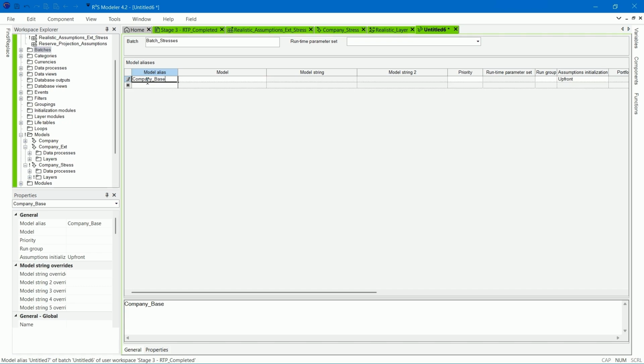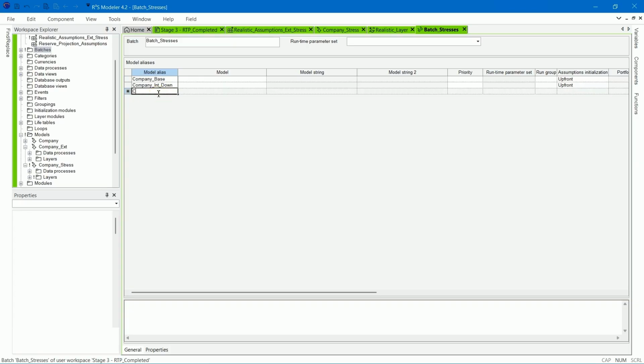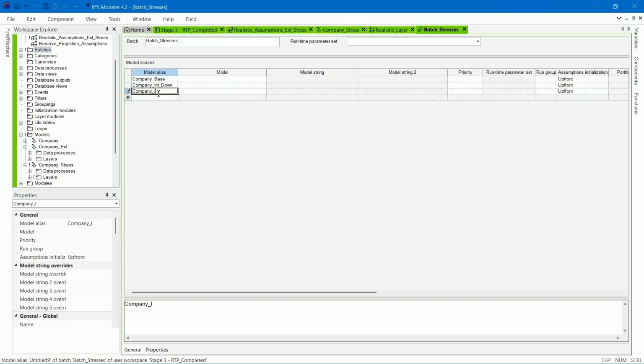The second is company int down. And the third is company int up. The model property is set to company stress.